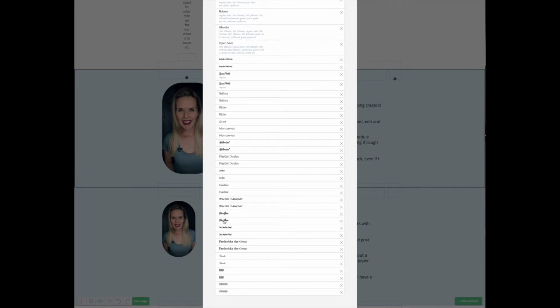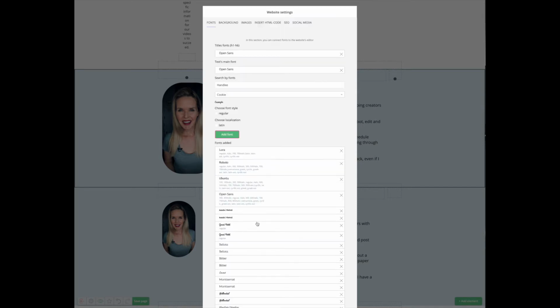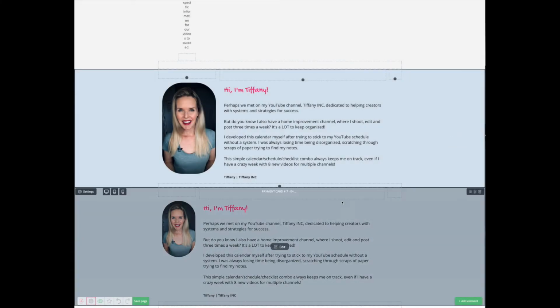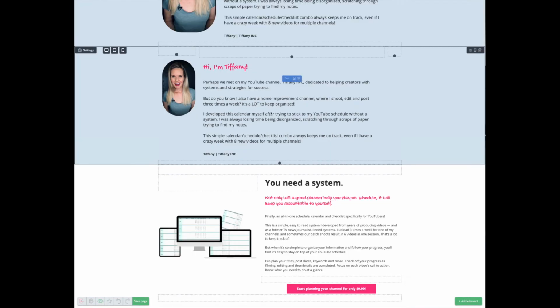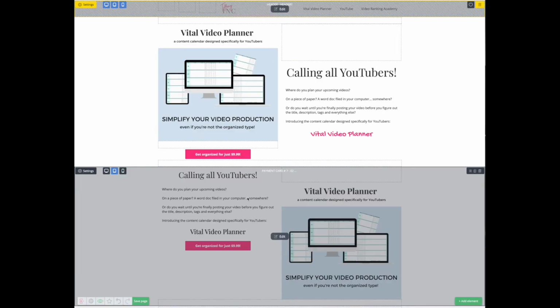I noticed that a lot of these have been added twice, so I'm not sure what that means for my settings over here. This is one that I added. They're all showing up twice, so I've got to go back in and X them out. I think I was saving stuff and not sure if it was actually being saved. Just a simple thing that we all take for granted in other web builders, and it's just not at that super ease of use place. But the things work well, they work fast.